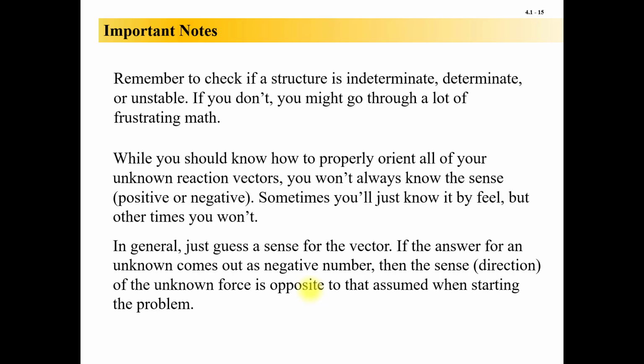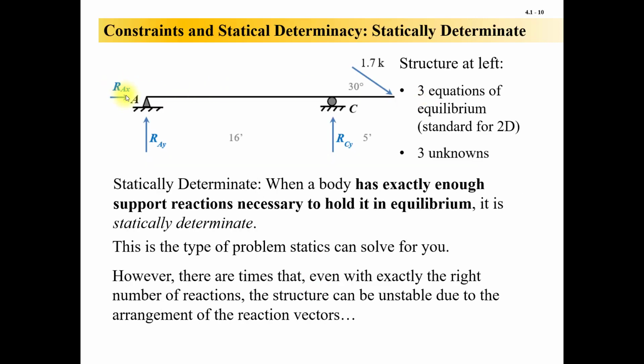Is that reaction vector pointing up in the positive Y, or is it pointing down in the negative Y? You need to know that there is or isn't a Y vector there. Like a pin support has an X vector and a Y vector, but you don't necessarily know which way they're pointing. I even talked about that in the previous slide, where I said this RAX is actually pointing the other way. It's good to make a gut decision up front which way you should point them,